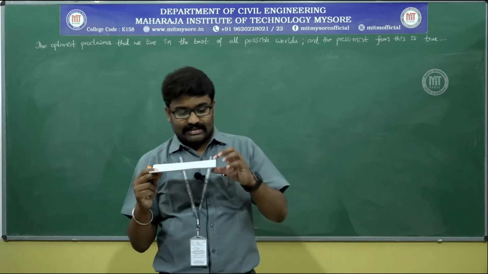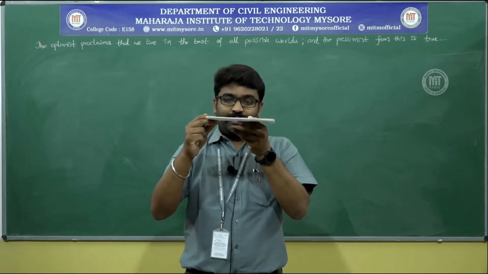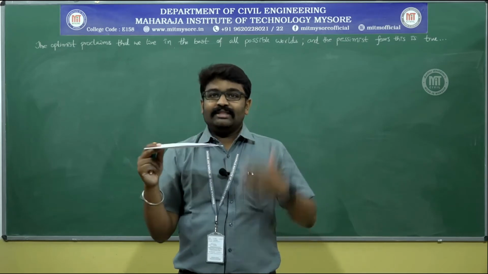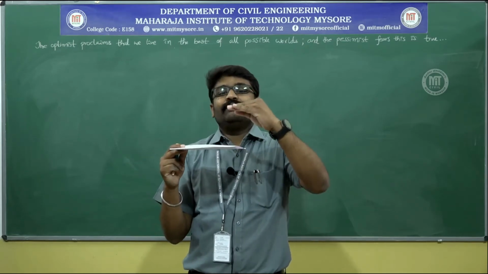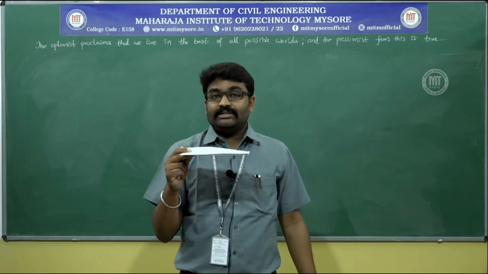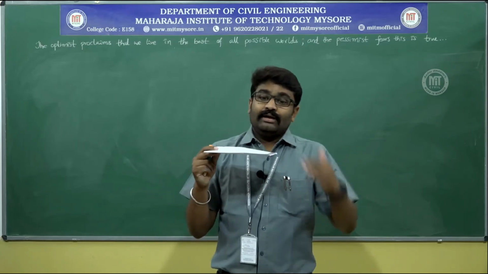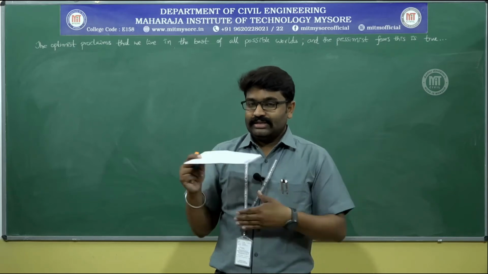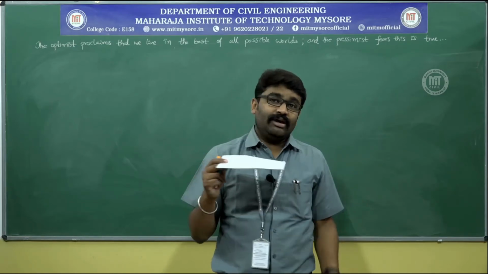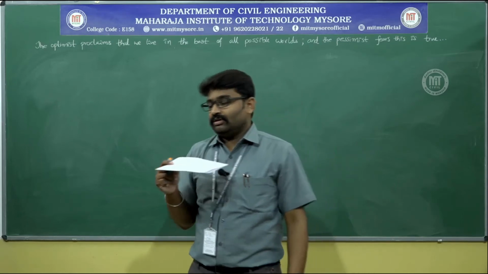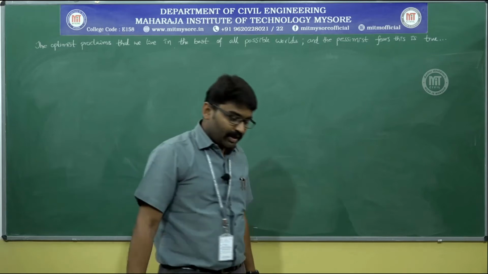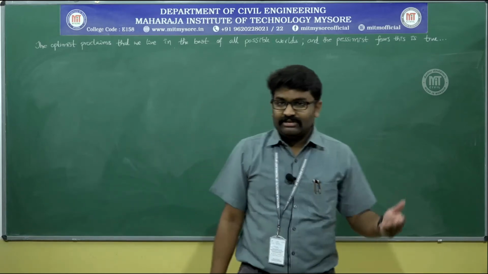In the first question, he says this plate is exactly at the center of the two plane surfaces, and in the second case he says it is 0.08 centimeter nearer to one of the plane surfaces. So using these conditions, you will have to calculate the force required. Where exactly do we have force? Force is hidden in which equation? Tau is equal to mu into du by dy. That is the only equation we have.